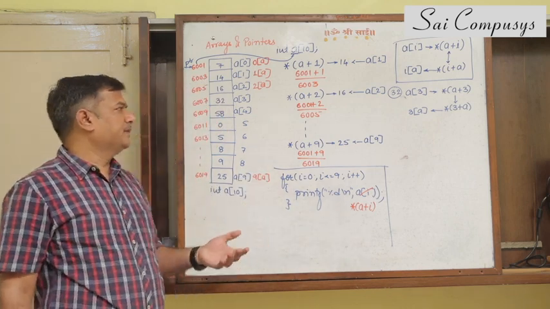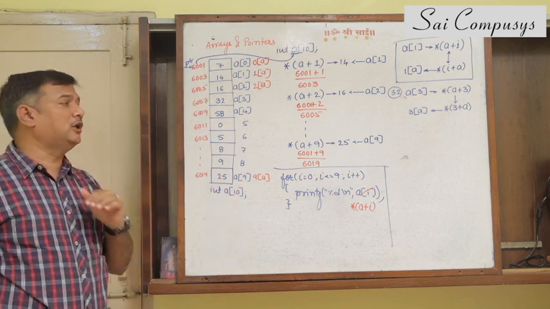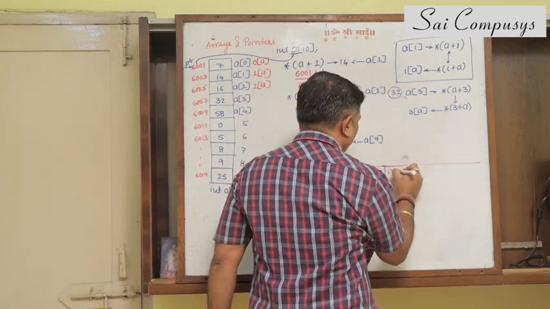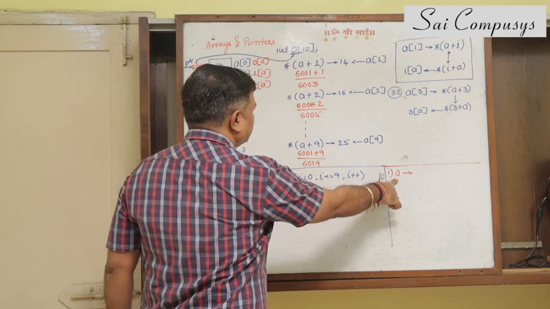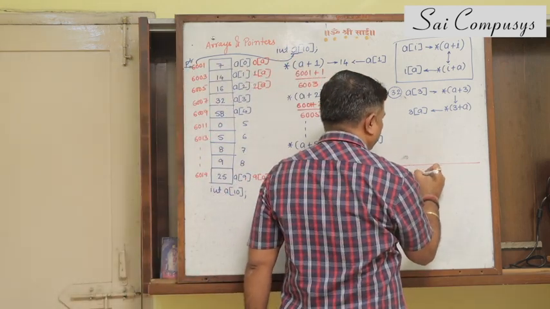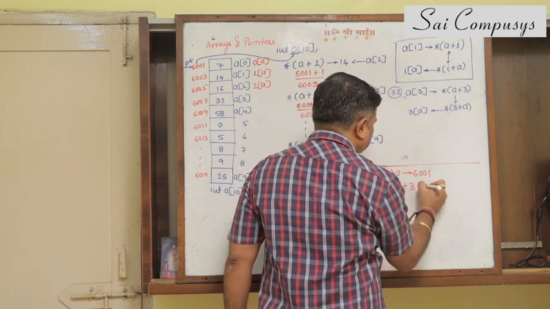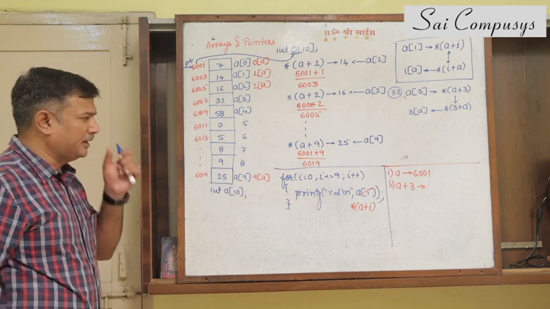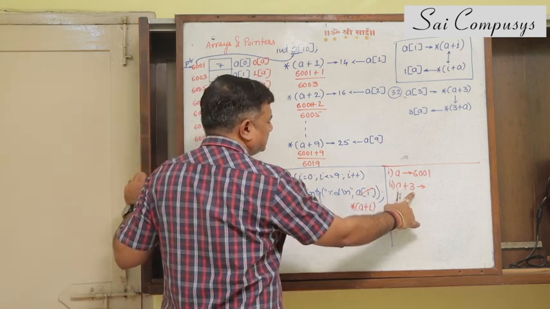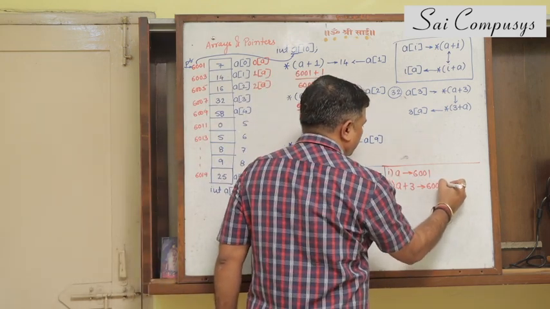Or one more thing, you may be given an array of this form and you may be asked to solve a few things. Like, you may be asked to write down what is A. I told you many times, A is the name of array, will always contain the starting address. So I will be writing down 6001. Or you may be asked to write down A plus 3. Now this is important. A plus 3. A is the name of array, 6001 plus 3. Address plus 3 will be incremented by 6. So this becomes 6007.